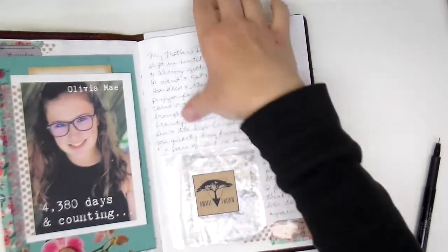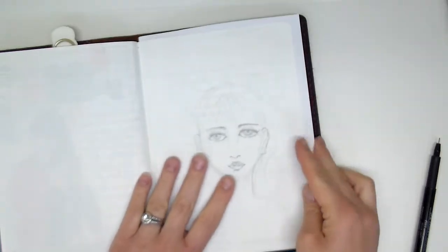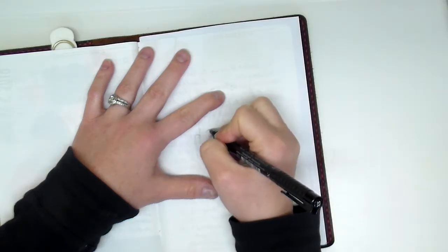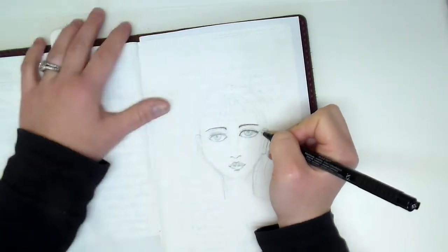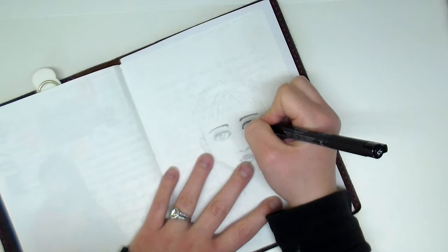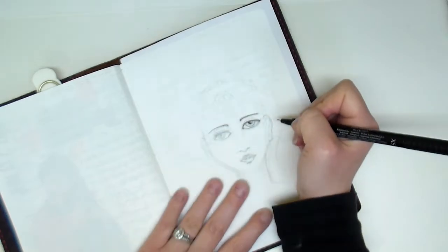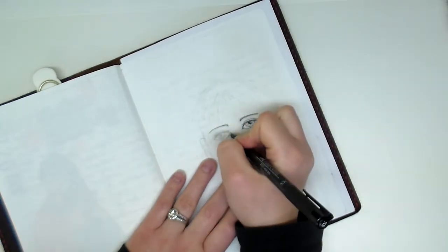All right. So here, this is in my journal, my daily journal, which I don't journal in daily, but my journal and my bullet journal. I have it all in one, but I'm thinking about separating them when I'm done with this journal, because I think I want to work in a junk journal for my daily and then do my bullet journal maybe in a Leuchtturm. Maybe, I don't know. But this is a sketch I did and I was following a tutorial by Hallo Alice,